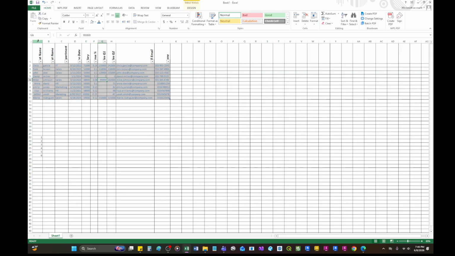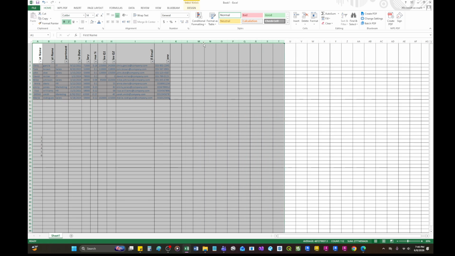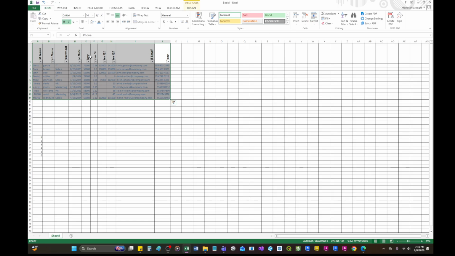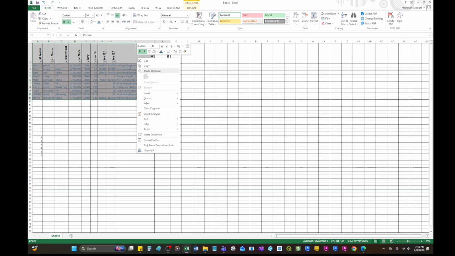And the columns will be these letters, the ones that are being represented by the letters. Okay. Format. You can do this one. This format is the same functionality as this one. You just highlight it, you right click, and then you go to format cells. It's the same functionality.